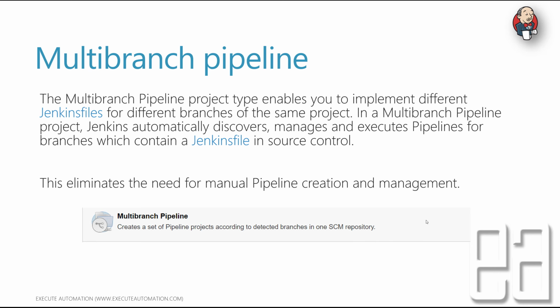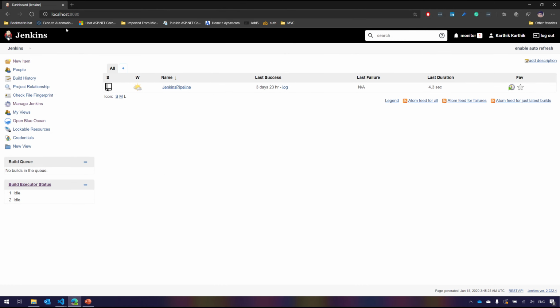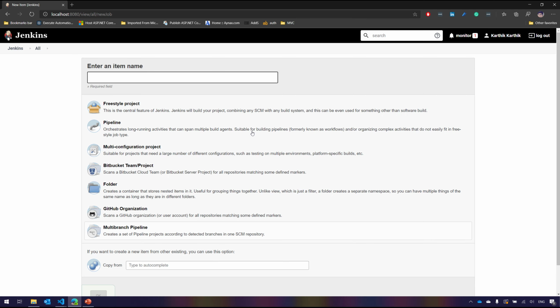So for that, I'm going to jump into my Edge Chrome browser for Jenkins. Alright, so now I'm already in my localhost 8080 of Jenkins, and this is the project that we worked on before. And now I'm going to create a multi-branch pipeline. So you can see there is something called a multi-branch pipeline over here. It says it creates a set of pipeline projects according to the detected branches in the source control management repository, which is pretty cool. And we already discussed freestyle projects and pipeline projects, and now we're going to talk about the multi-branch